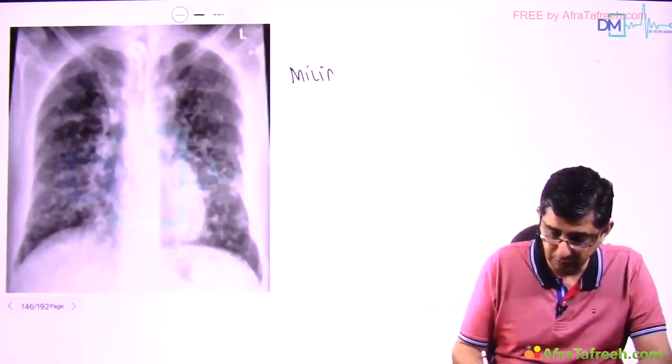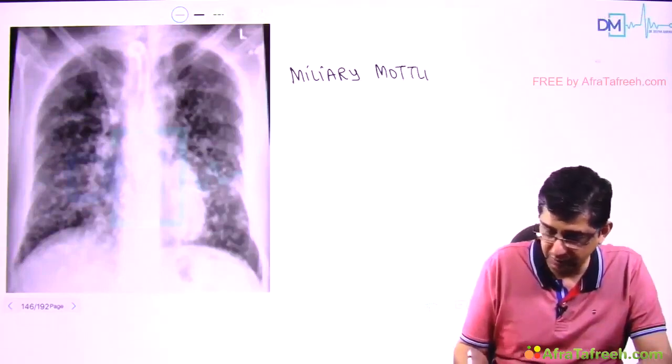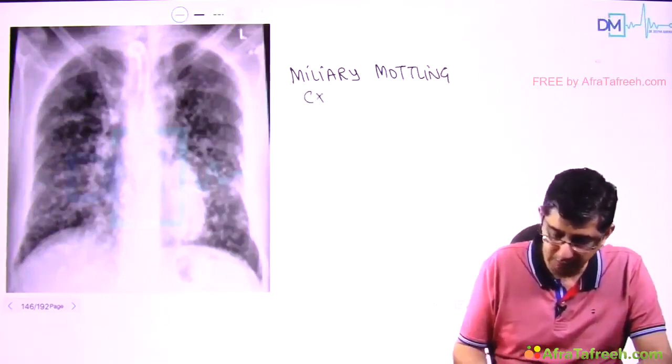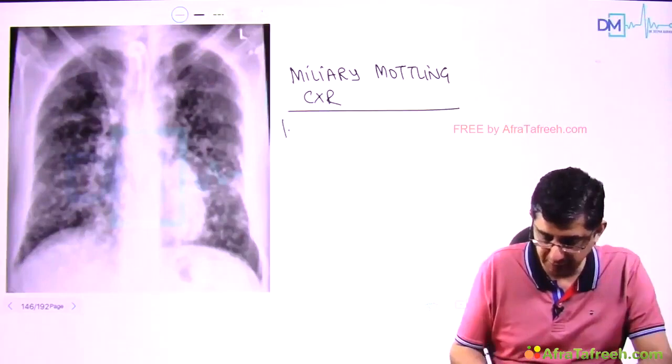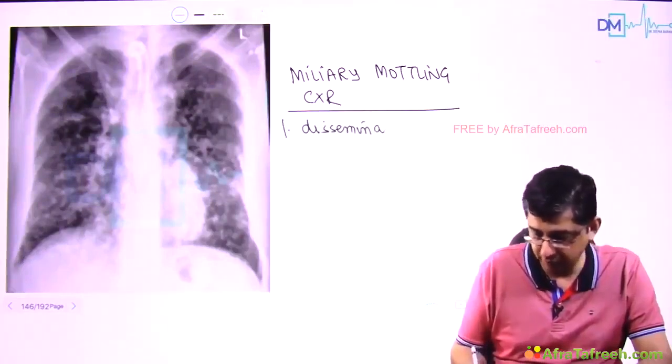The next domain to be remembered is miliary mottling. A very characteristic chest X-ray shown here, that is miliary shadows or a snowstorm appearance, is present in the chest X-ray of this particular patient. Miliary mottling on chest X-ray is obviously a feature of disseminated tuberculosis, which would be common in AIDS positive patients